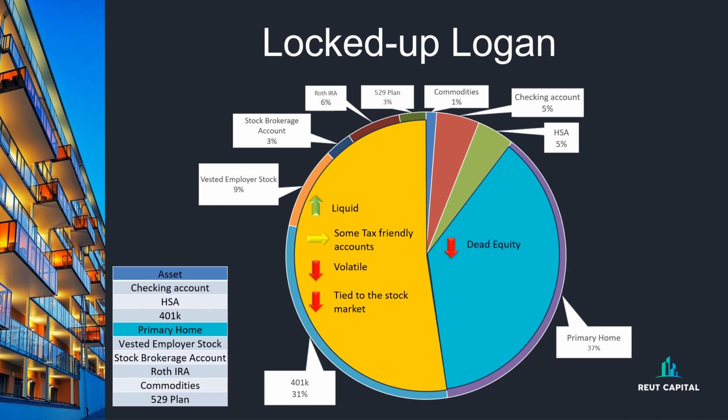Well, that's because when you pay down your house, it's considered dead equity. What I mean by dead equity is the money that you pay as your mortgage is buried into the walls of the home. You essentially cannot do anything with it unless you sell your house, or to buy maybe a new primary residence, or you take a home equity line of credit, which is ultimately a loan again against your house. And if you do that, you're back to square one. You again have a loan which you need to repay. There is no cash flow. Paying down your primary residence does not produce cash flow.